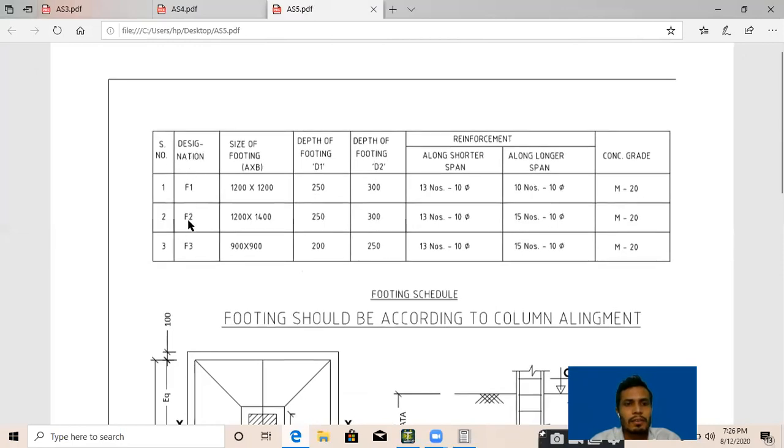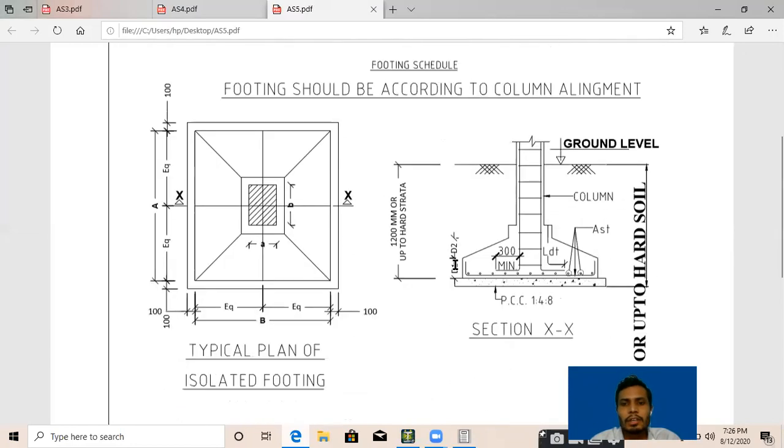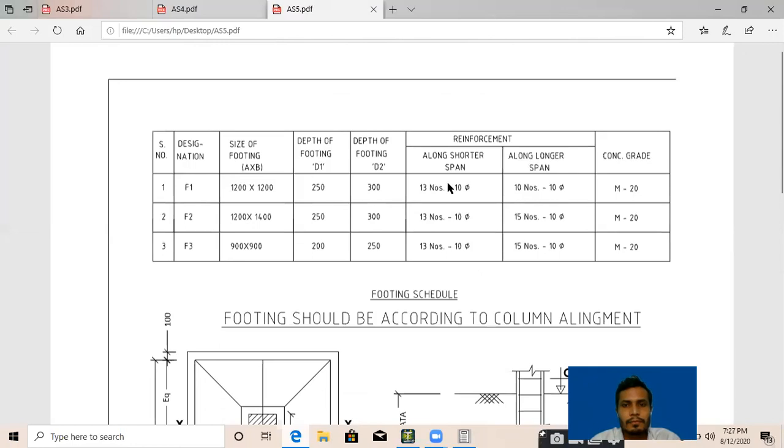Footing number F1, F2, F3, footing size 1200 mm by 1200 mm, depth of the footing, D2. If the footing is trapezoidal, then we need to provide D1 and D2, depth up to the uniform thickness and up to the sloped thickness. Then what are the bars you are providing in a longer span, like 13 numbers of bar I am providing of 10 mm dia,